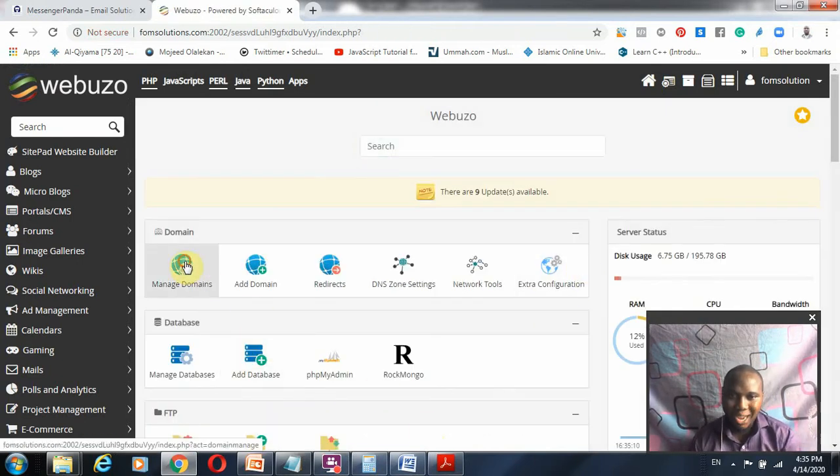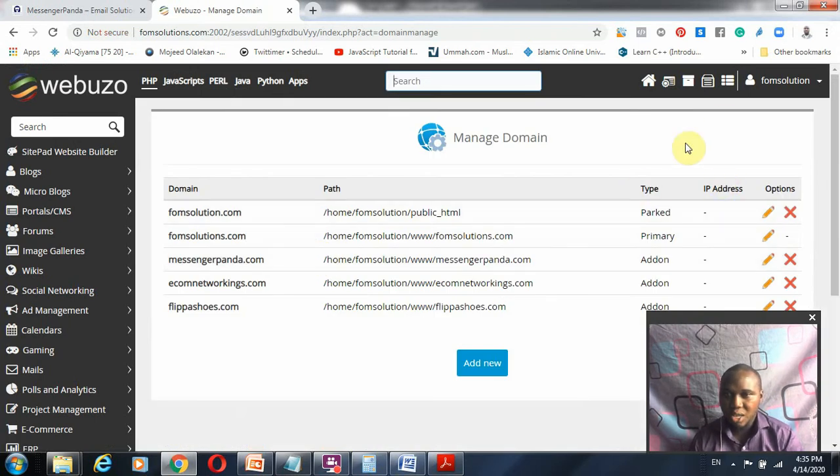And if you come to your managed domains, you are going to see the list of domains that you have. Some of them will be parked domain. The main domain will be parked domain. The domain that is not attached to any domain outside will be parked domain until you actually assign a name server and all those things. But your primary domain, when you do your installation of this, the one you use will be your primary